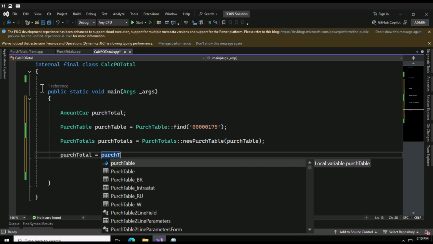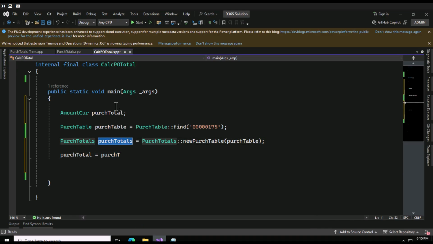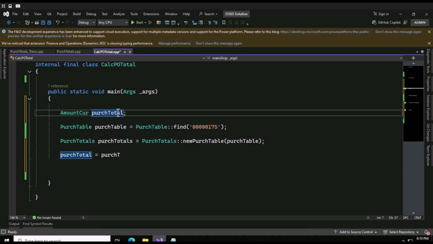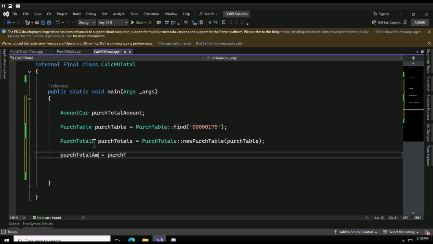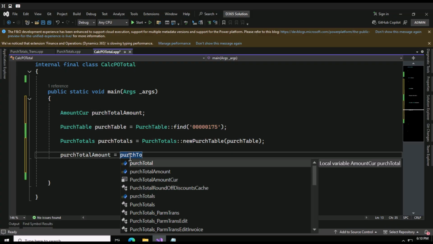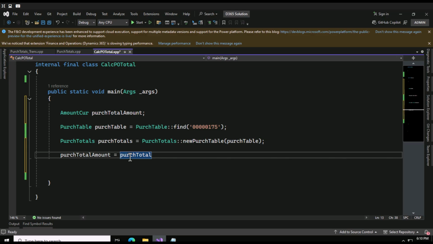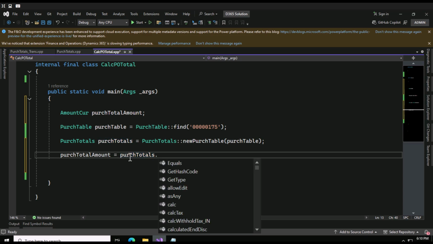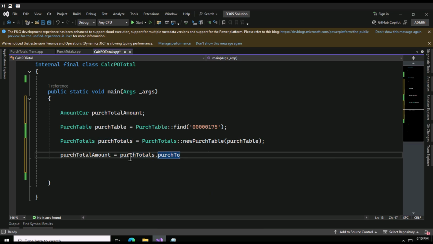One second. Let me say this as amount, and here also I will write amount. Now I can simply say purchTotalAmount. I'm going to use this function called purchTotals dot purchTotalAmount,